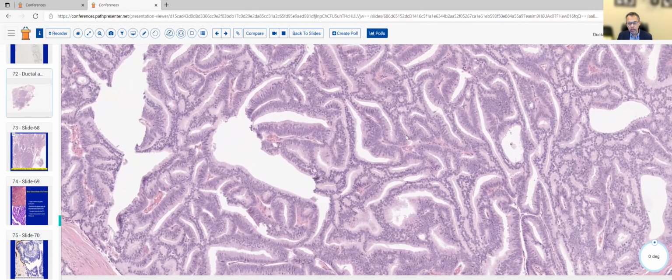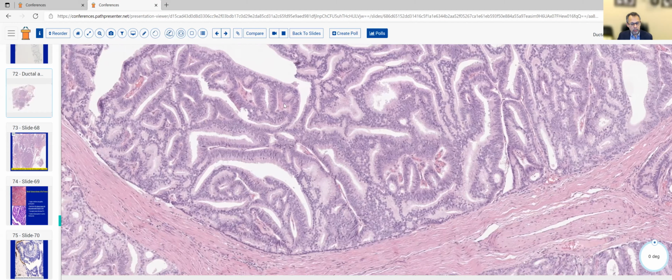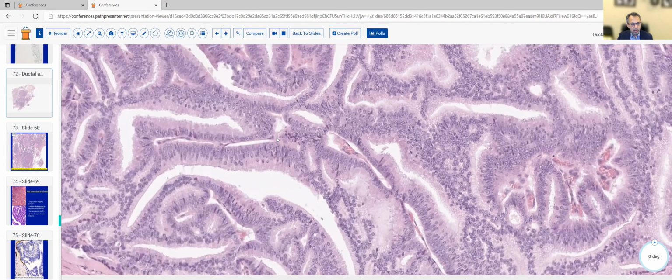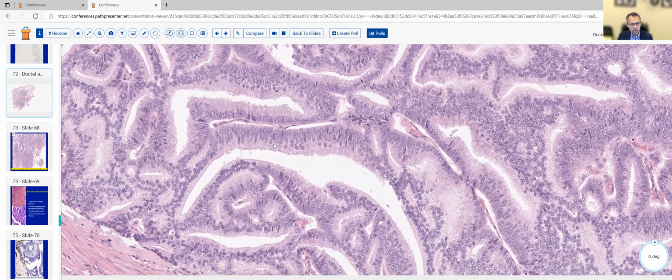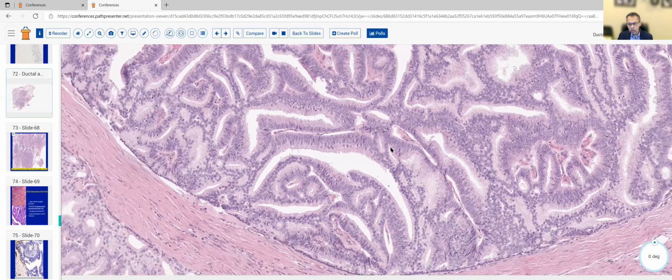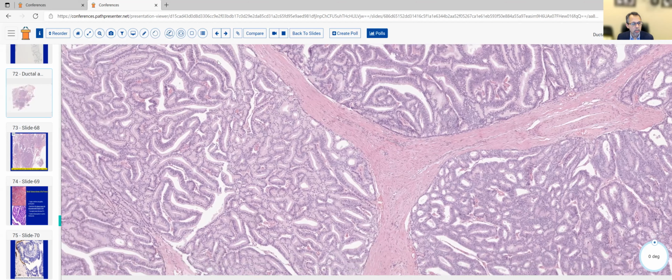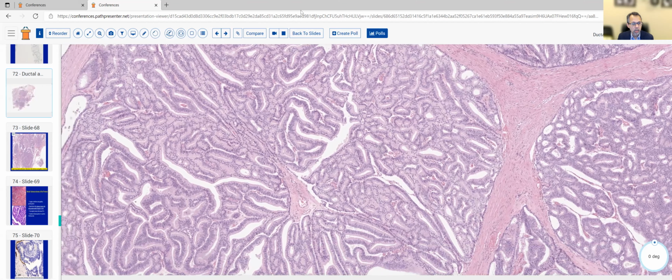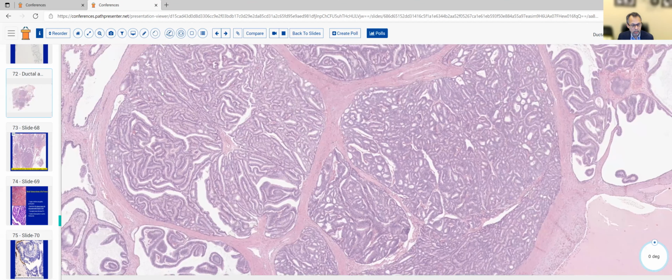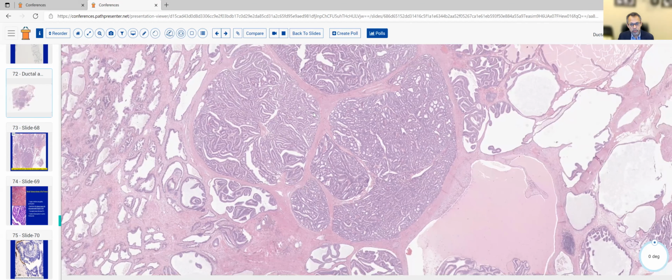When we look at this morphology a little closely, you have a pseudostratified columnar lining epithelium, a very important feature to appreciate, and slit-like lumina. Also notice a lot of papillary morphology. So the presence of this papillary and cribriform morphology and glands which are lined by pseudostratified tall columnar epithelium are the definitional features of ductal adenocarcinoma. So when you have this type of morphology, you can make a confident diagnosis of ductal adenocarcinoma in this type of situation.